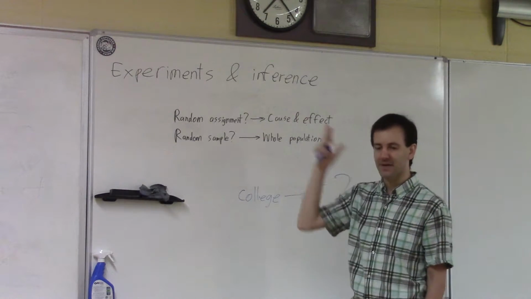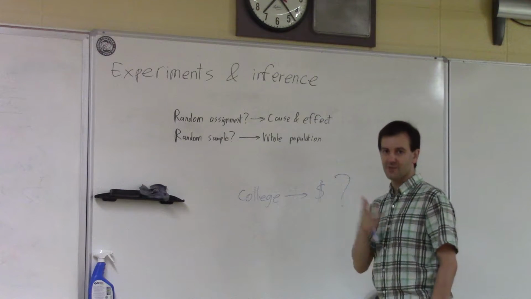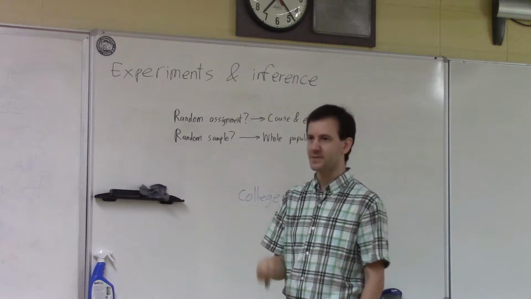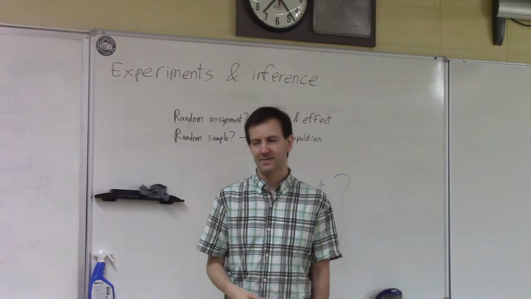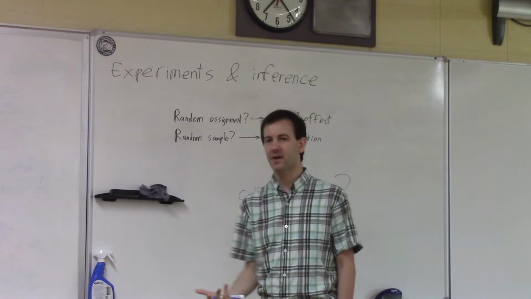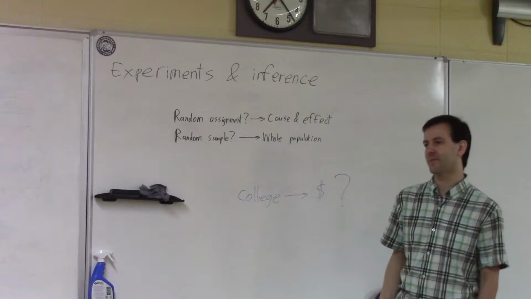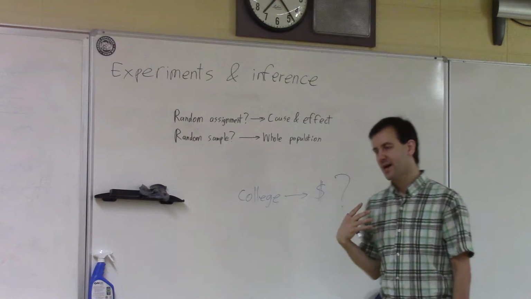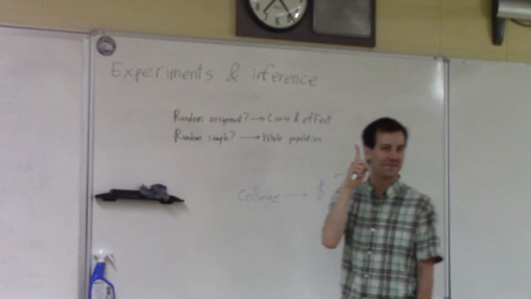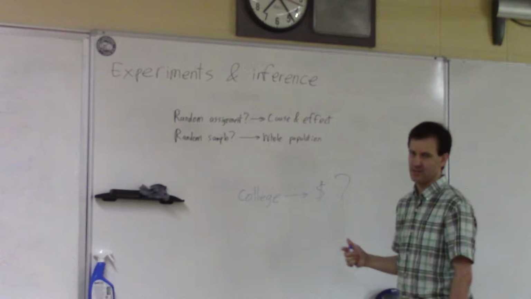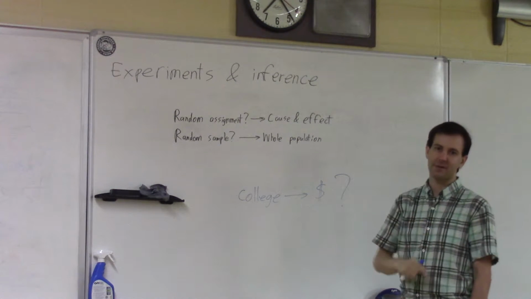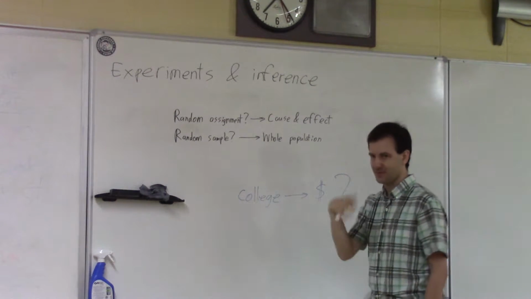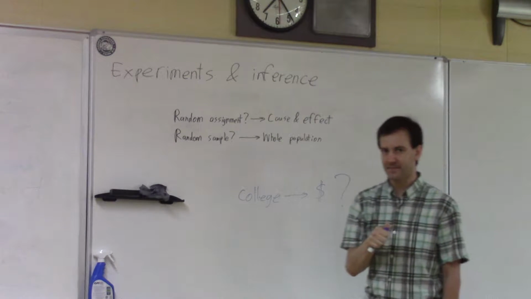The people who were randomly picked to go to college, there was such an increase in money that they made compared to the others that there's clearly cause and effect here. But if I let people pick their own groups, that's not really an experiment, because the people who decide to go to college on their own volition are going to have a whole bunch of possible confounding variables attached to that decision. So if I let them decide, I cannot establish cause and effect. You have to be able to randomly assign people to the different treatments, go to college, don't go to college, being the treatments, in order to establish cause and effect.